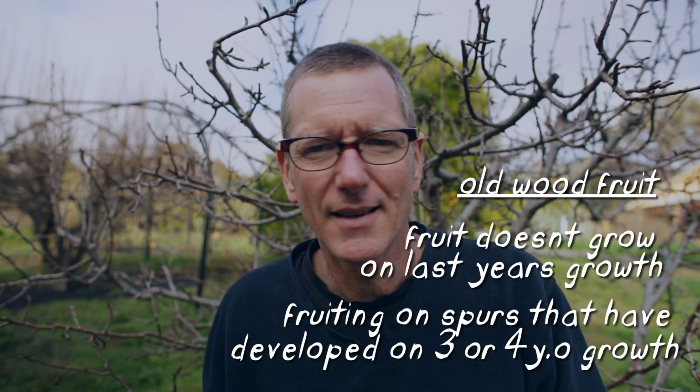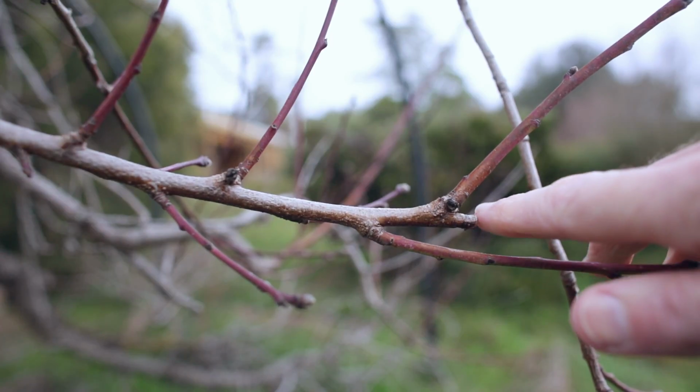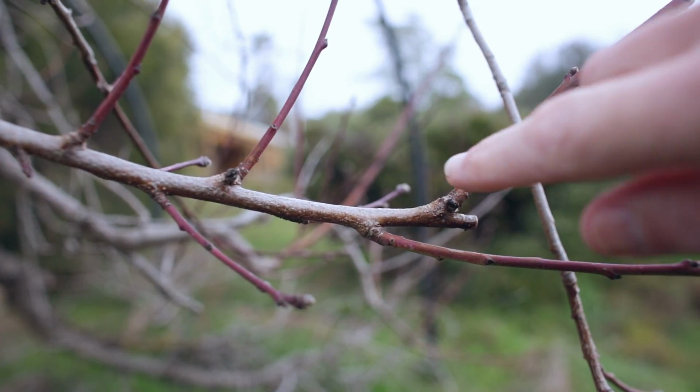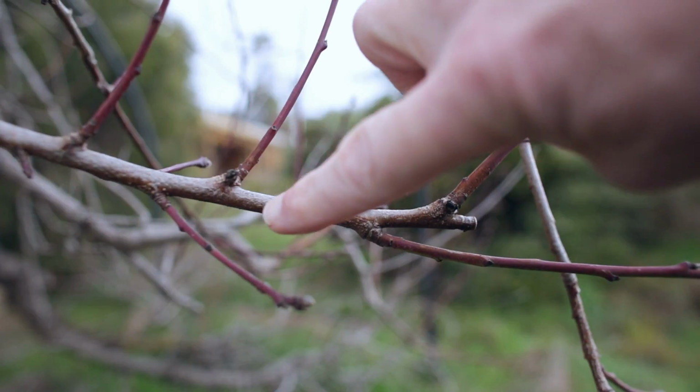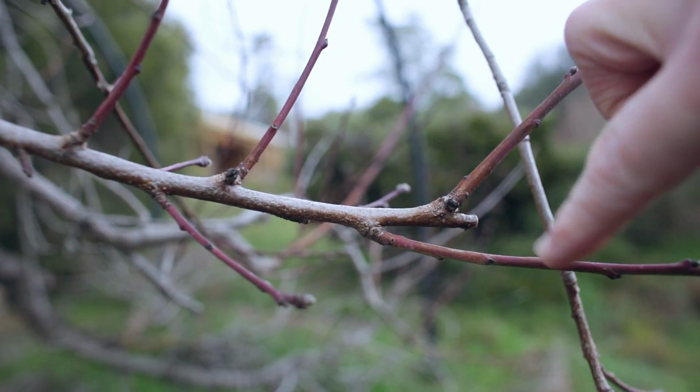I can sense it's sounding complicated even as I'm talking, but look, I'll show you what I mean, because it's fairly simple on the trees to see. What we have here is our prune from last year, and you can see the difference in colour. So that's the old branch, and then these kind of reddy ones here,